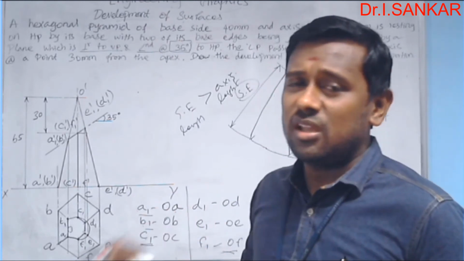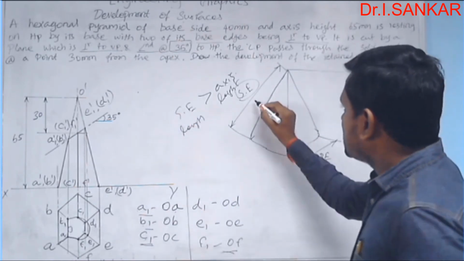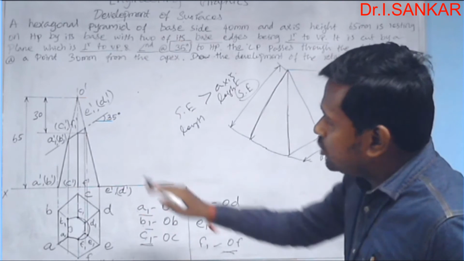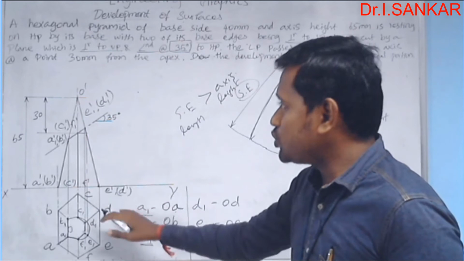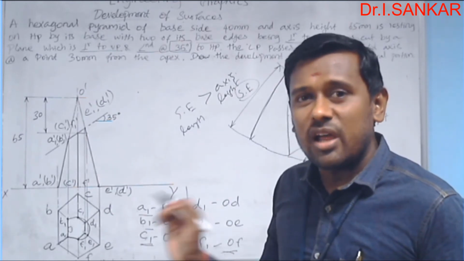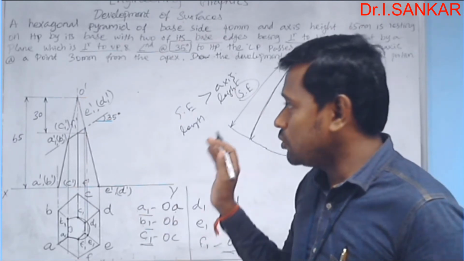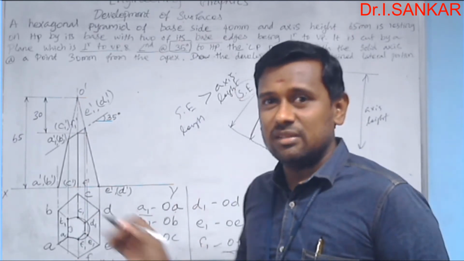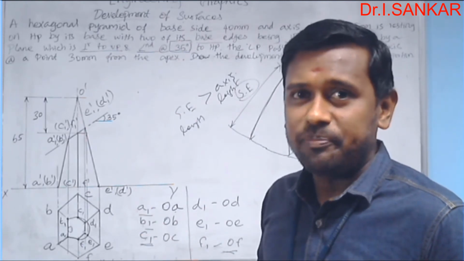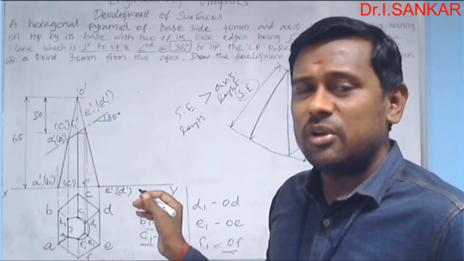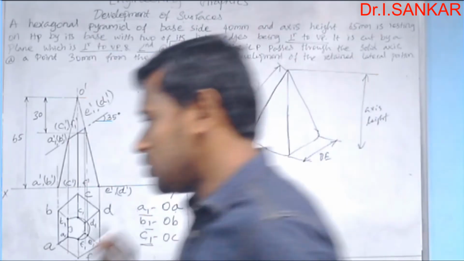But now we are in need of that, not for drawing the solid, but in order to develop the solid. And this slant edge length can be measured by using your already drawn front view and top view. By using these two views, you can find the true slant edge length in a geometrical way, not by the analytical way. You need not use any formulas or equations. Just by going through some geometrical steps, you can find the true slant edge length of this pyramid.